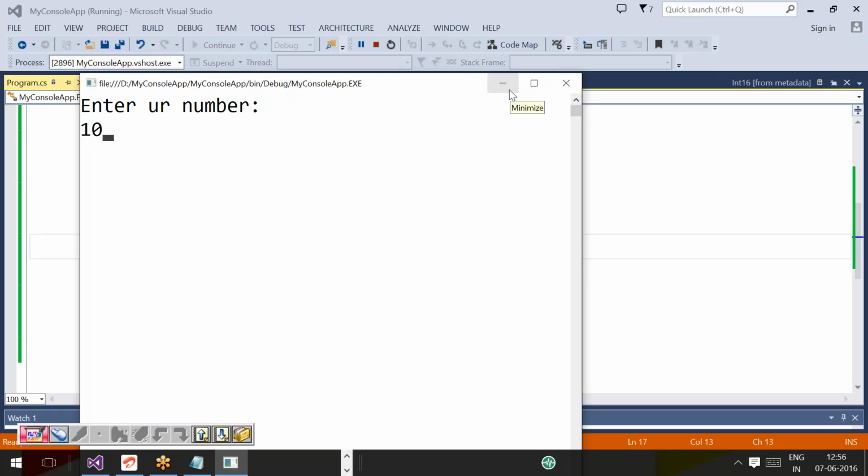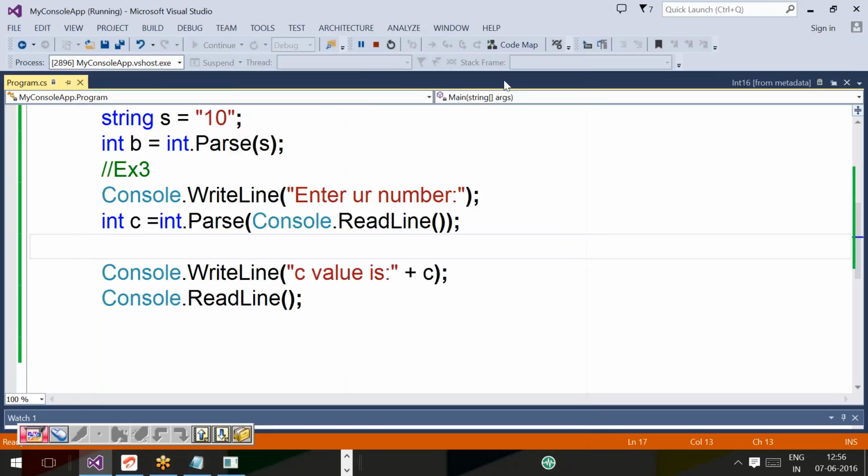At the time the user is entering 10, what type of data is it? Numerical data. The numerical data type is int, because the default numerical data type is int. But the ReadLine method will accept 10, but it will return it as